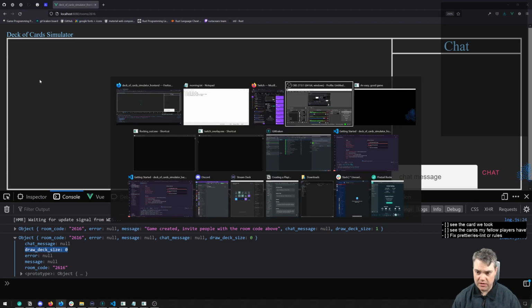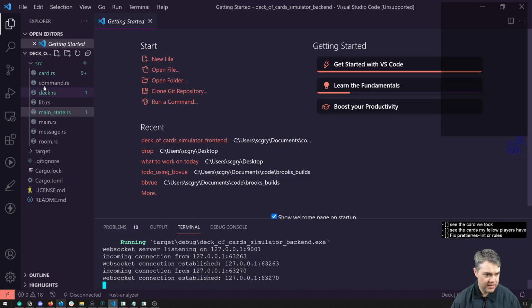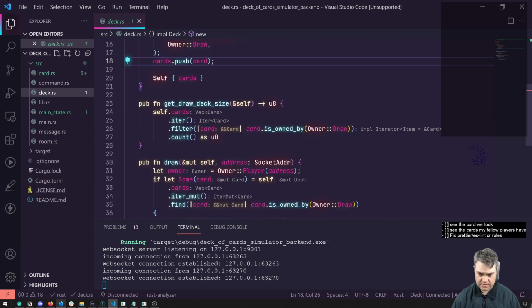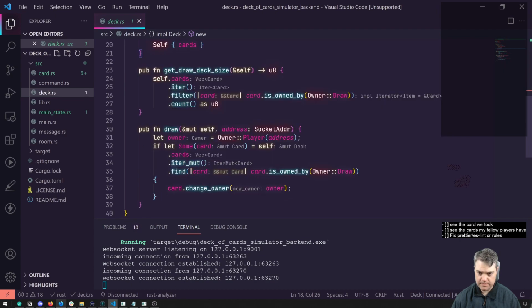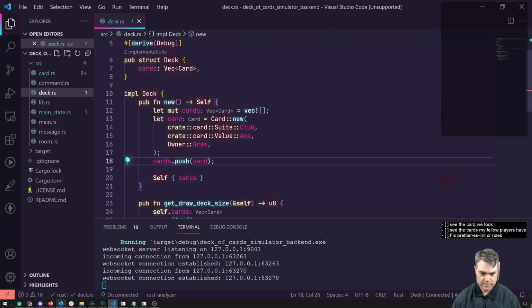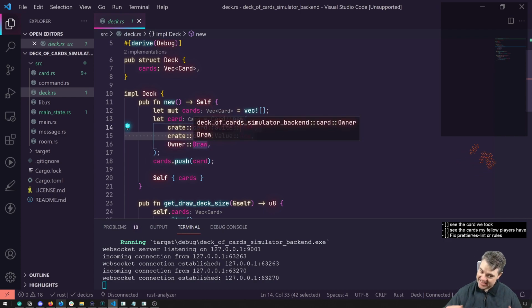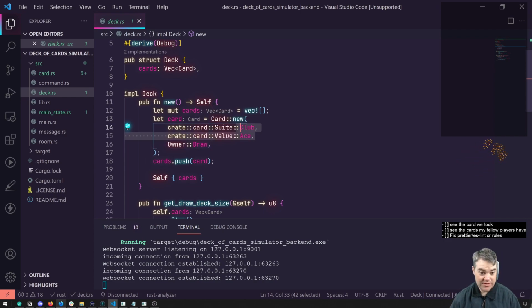So right now, what is the card? For the deck, it's an ace of clubs. So we're creating an ace of clubs. That's what that one card is. So we should be able to see that in our hand when we're done with this. So when we draw that card,